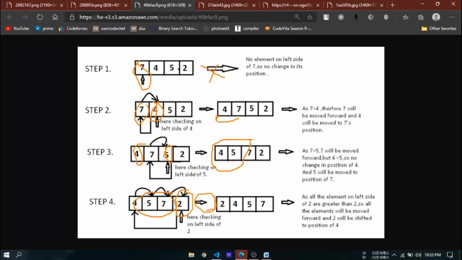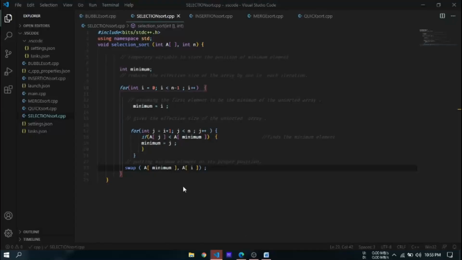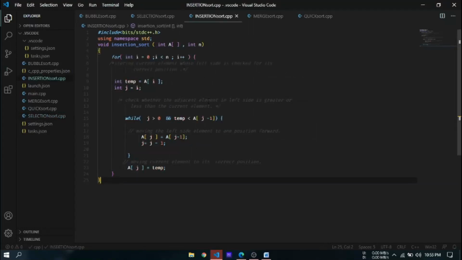So let's see the code of insertion sort. Insertion sort is a very easy algorithm. As you can see, the loop used is very simple: one for loop and a while loop. I have told you, for a[j], we will swap; we will run a loop to check the left side for a smaller element than that. Here is a simple algorithm. And guess the complexity of this. The complexity of this is also n square.